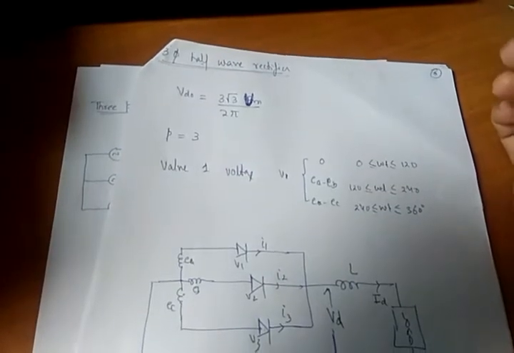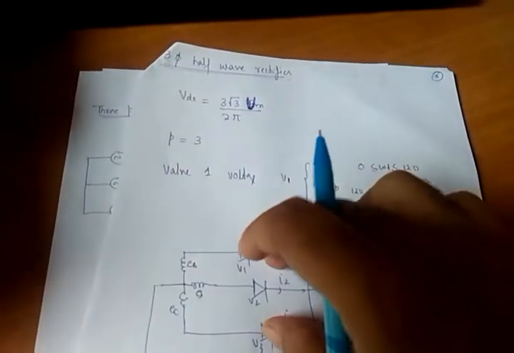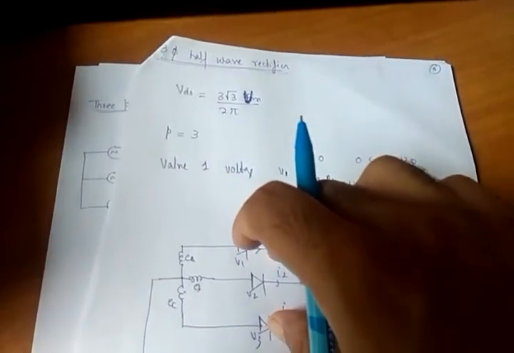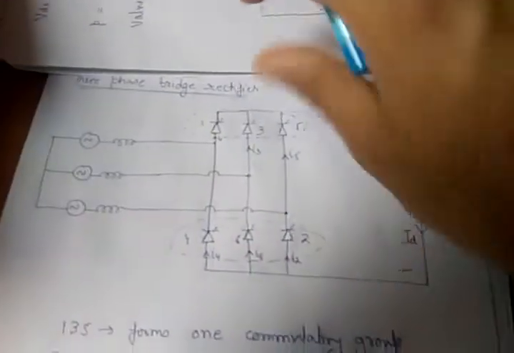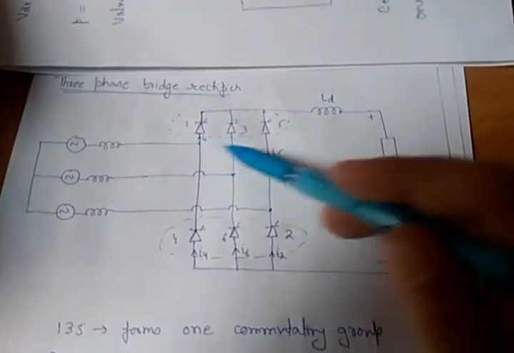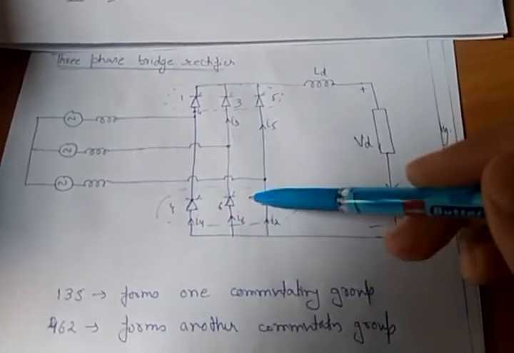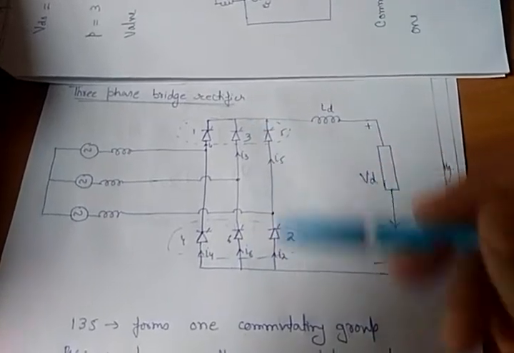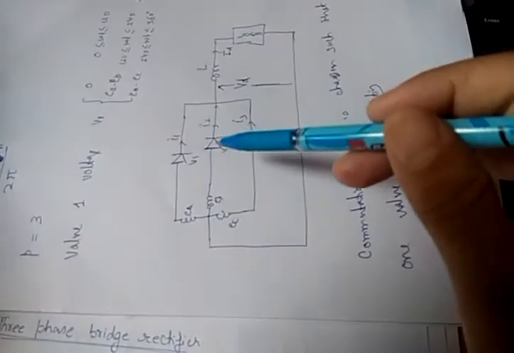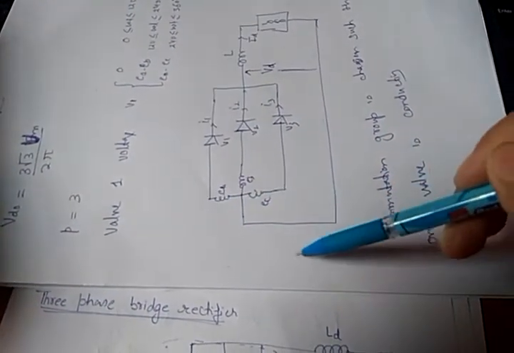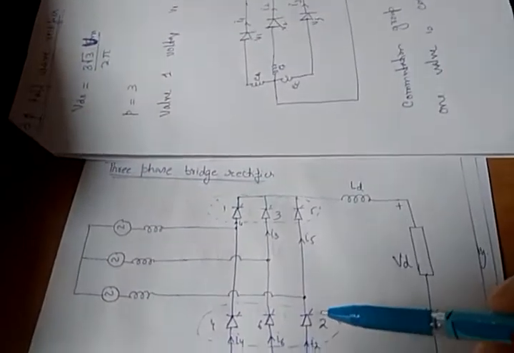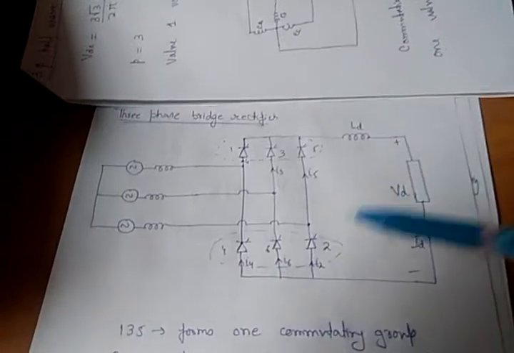In case of a three-phase full-wave rectifier, instead of one switch we have two switches. Suppose I am saying this is a three-phase bridge rectifier. I have three switches on the upper side and three switches on the lower side, so I can say these two switches are connected in series. Like I'm saying this is one switch. This was a diagram of a half-wave rectifier. If I connect three switches here, then it will act as a three-phase full bridge rectifier.